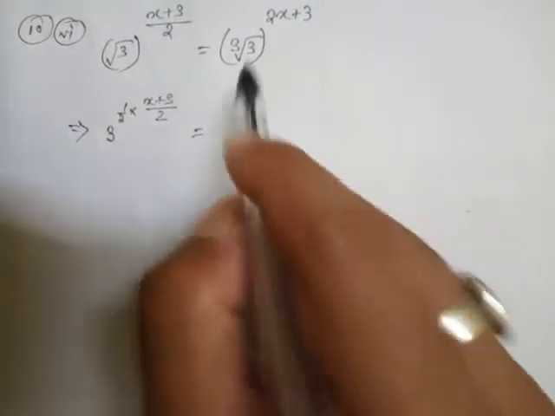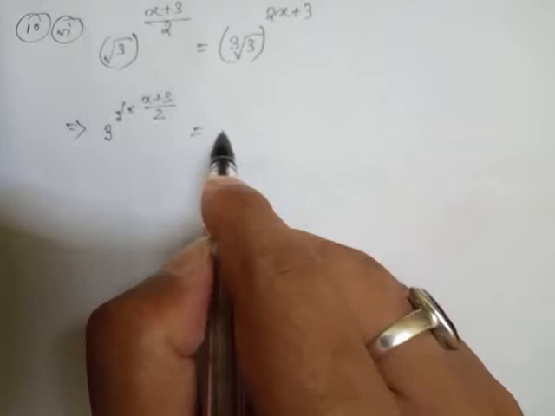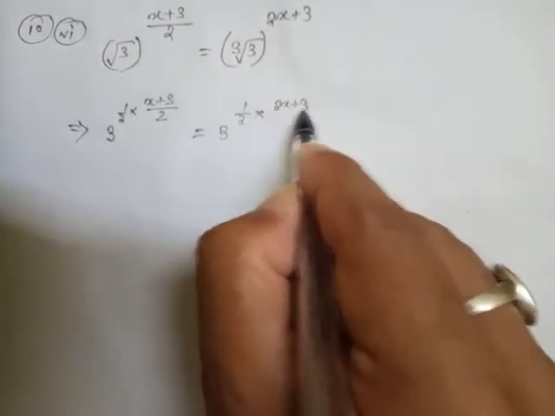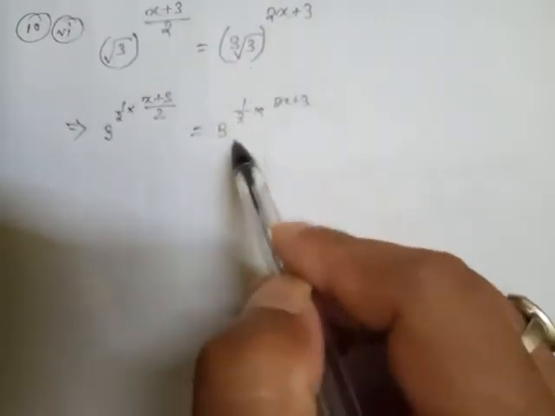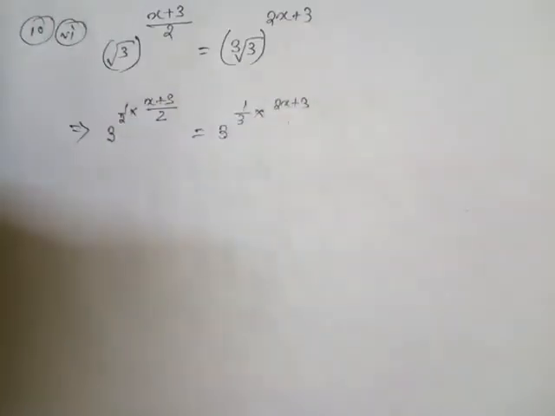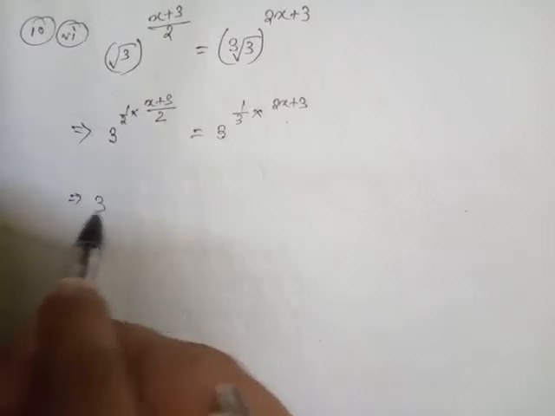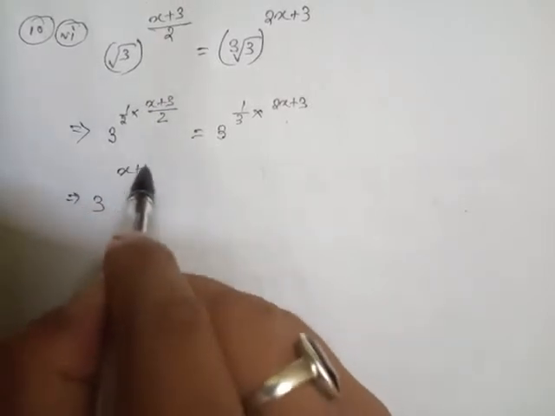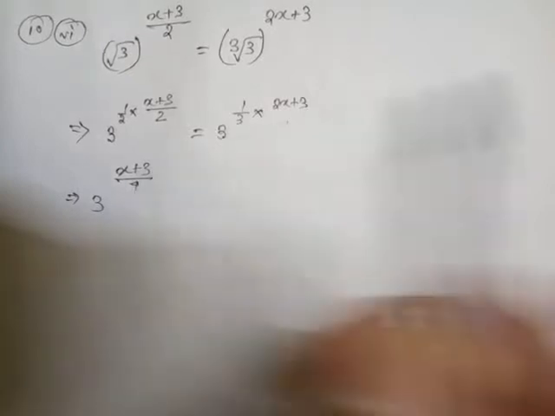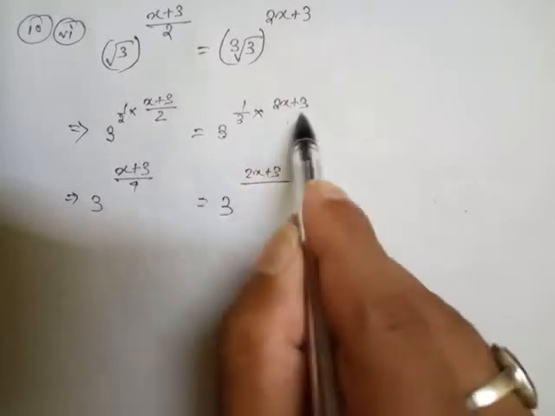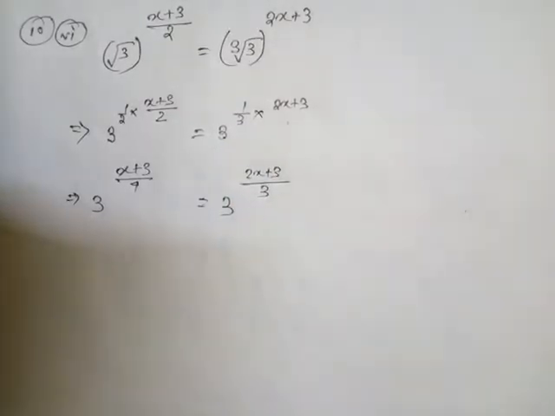First one gone. Now the second one, cube root 3. So here also 3 to the power 1 by 3 into twice x plus 3. This is the power already here. Now 3 to the power 1 by 3 means cube root 3. Second one gone. Now after that, go for the multiplication first, then 3 to the power x plus 3 by 2, 3 to the power twice x plus 3, and there is nothing, meaning 1, 3 ones are 3. Now look, base same, powers are equal.